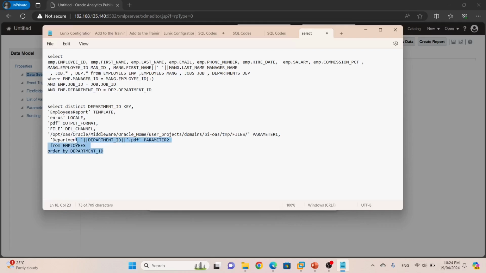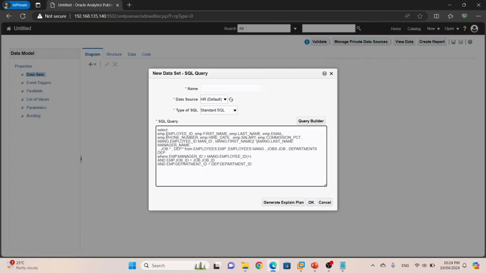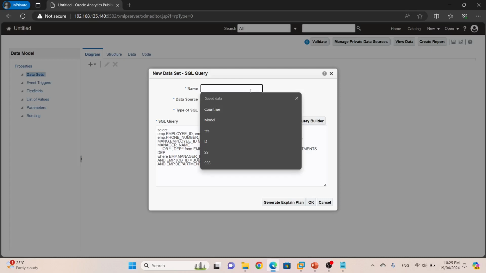The SQL statement from here: select employee ID, first name, last name, email address, phone number, hire date, salary, commission, manager ID as manager ID, manager first name concatenated with manager last name as manager name, job details, and department.* from employees, employee manager, jobs, departments, where manager ID equals employee ID, left outer join, and job ID equals job ID, department ID equals department ID. The name of the query,